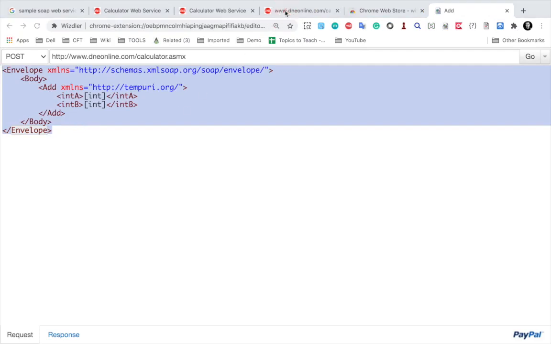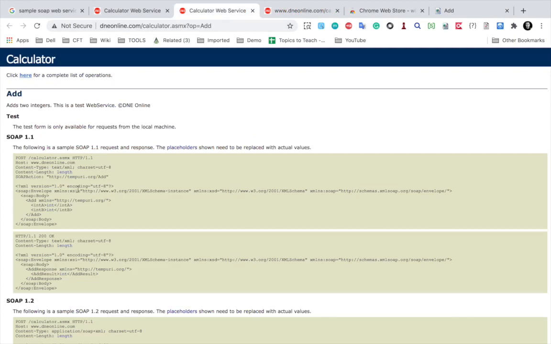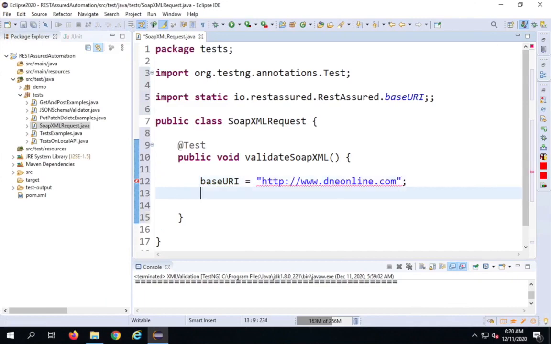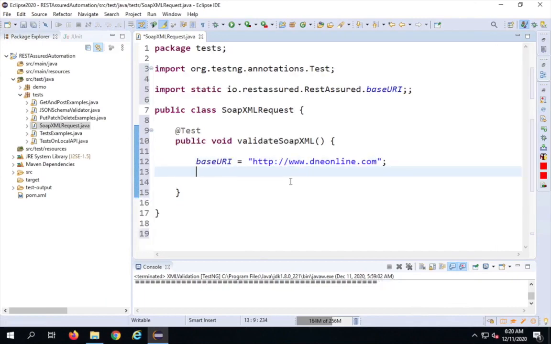So for now, I will go back to the calculator web service and go to add, and here this is the URI. I will just copy this URI from here and give it here. So just copy and paste this URI here, and then after this,